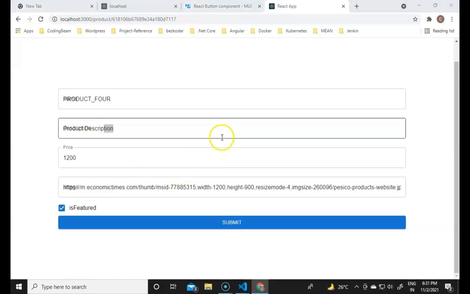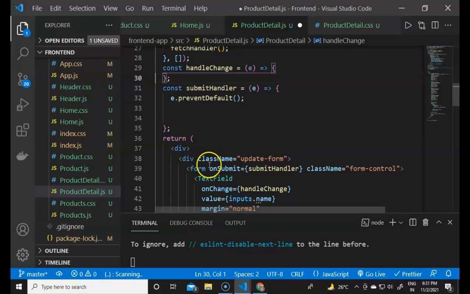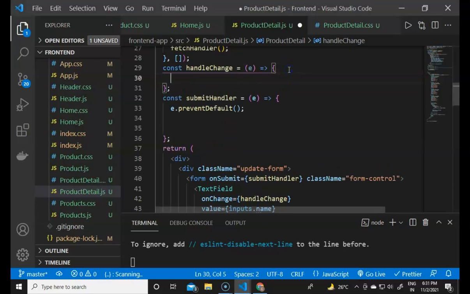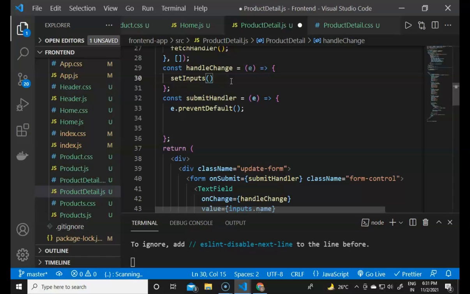Now we have to get the updated values from the text fields, and for that we go to the product detail component and specify the function in the handle change. The function will just set inputs again, as we did in the product add component.